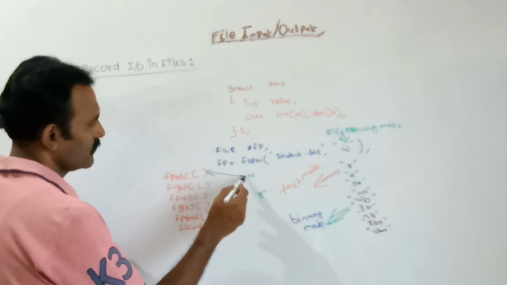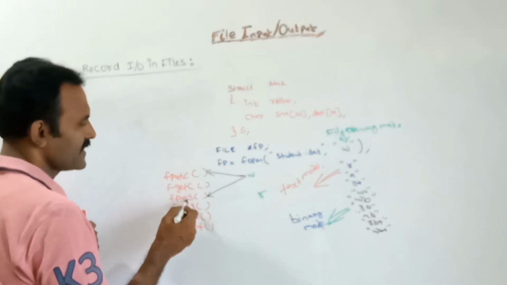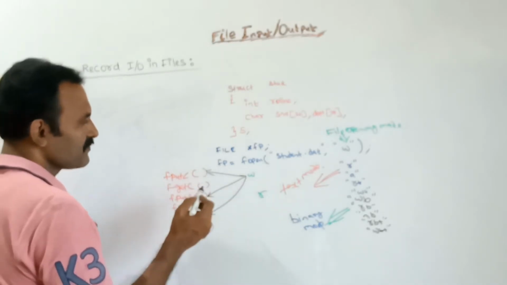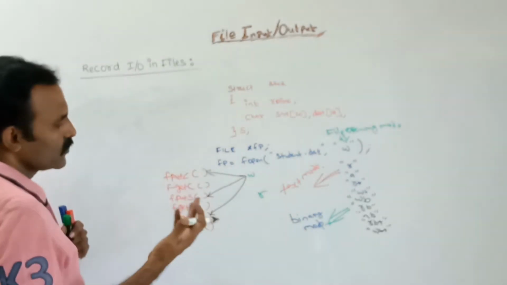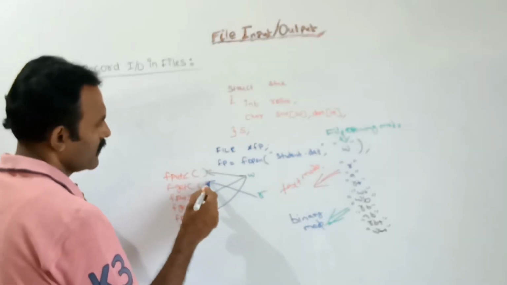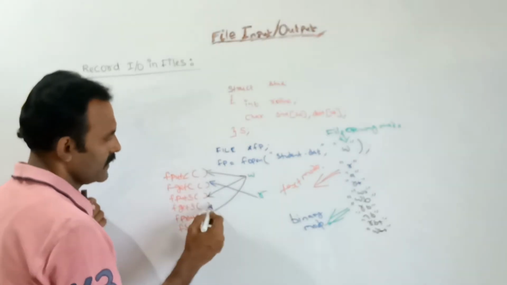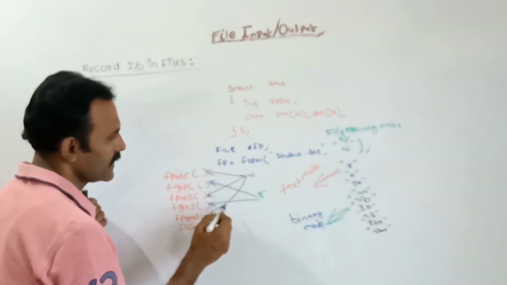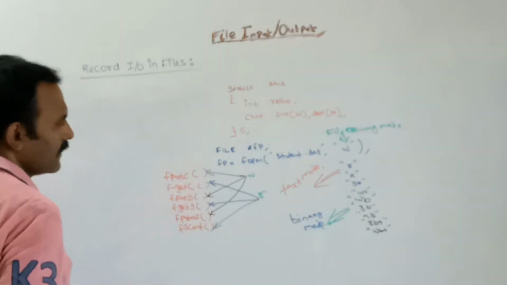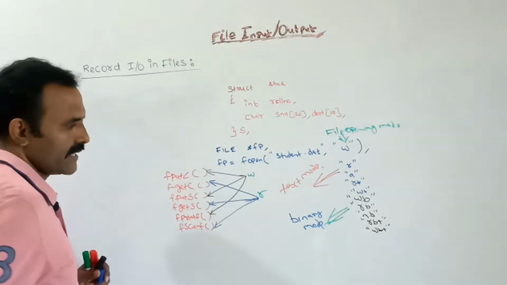By the help of fputs, this is also for writing purposes, we can write a string to a file. By the help of fprintf we can write a record to a file in text. With fgetc we can read character by character in text mode. Next, fgets we can read a string in text mode. In the same way, we can read a record from a file by using the fscanf function.